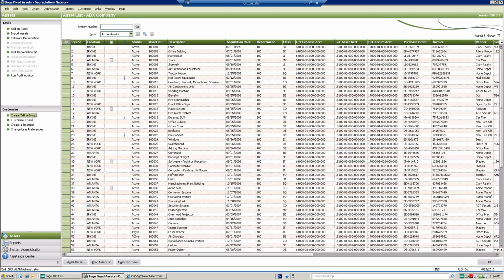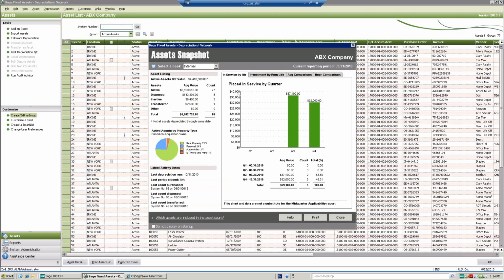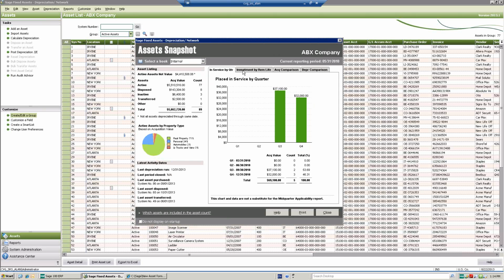So what I've opened up is the SAGE fixed assets. This is basically the main screen. When you log into fixed assets, you're going to see a list of the company assets. There is a really nice little screen, though, that you can see when you first log in, if you want to, called the Asset Snapshot. And this can be optionally turned on, so that when you launch the product, it'll show you a snapshot of your overall position in your